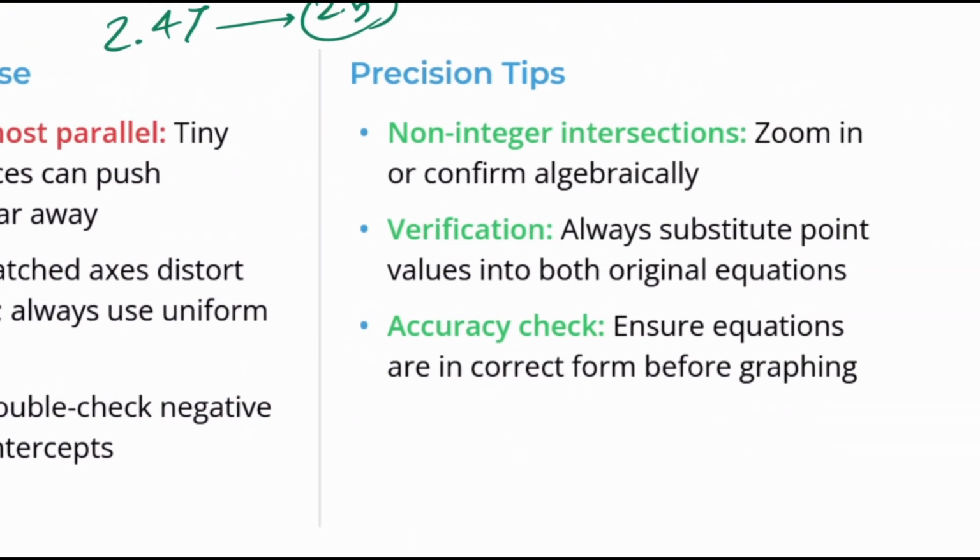There's some tips for you. Try to zoom in or confirm algebraically, because sometimes you do have a non-integer intersection, 2.4, 2.5, negative 2.4. So make sure that you're zooming in, especially when you're talking about the graph. Try to verify your answer always,